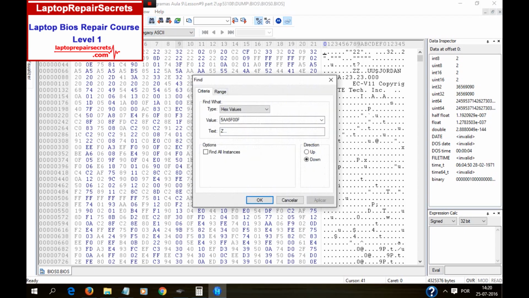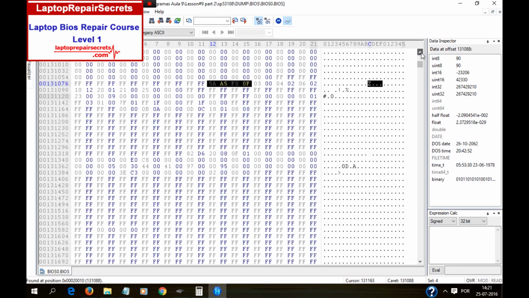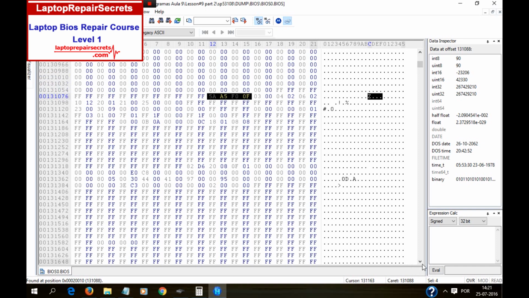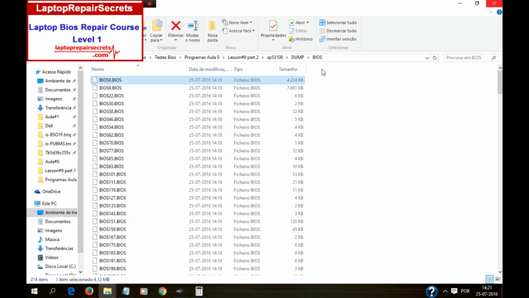Okay, this is not an example. Sometimes in BIOS repair you will see not one but 2, 3, or 4 repetitions of this code right here. When you see the repetition of this code on several parts of the BIOS, you need to use the offset. In this case, not. In this case there is only 1 5A A5 F00F